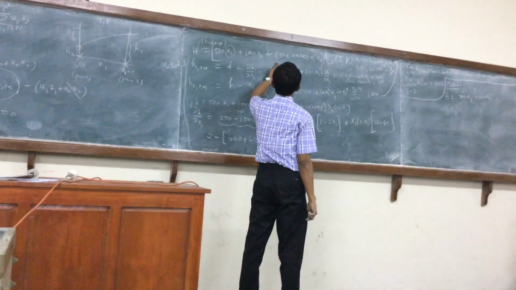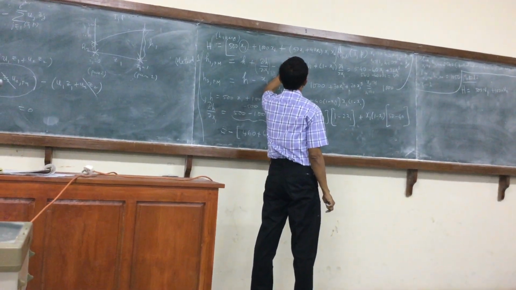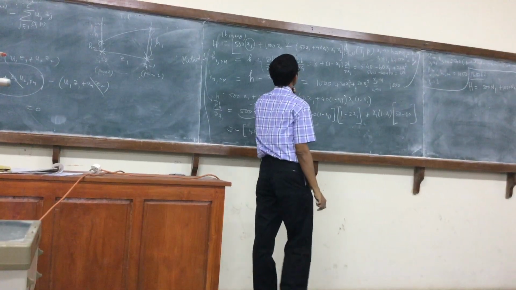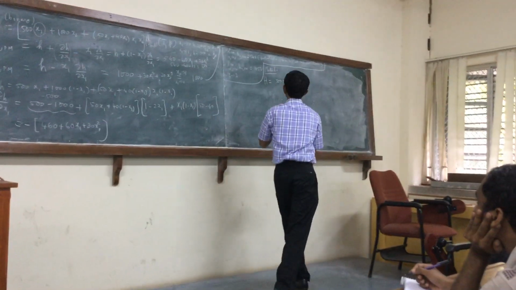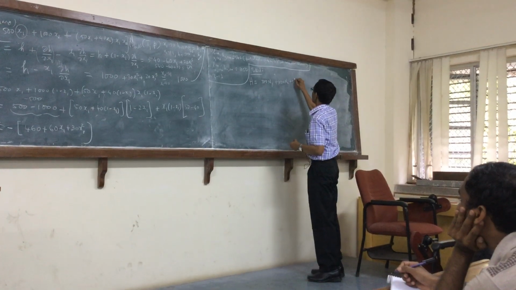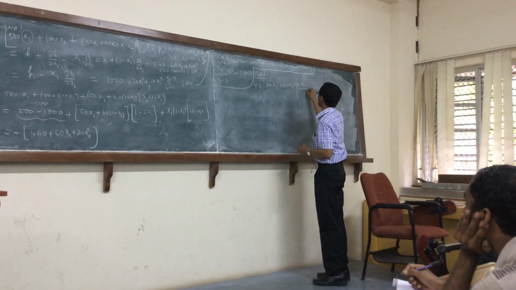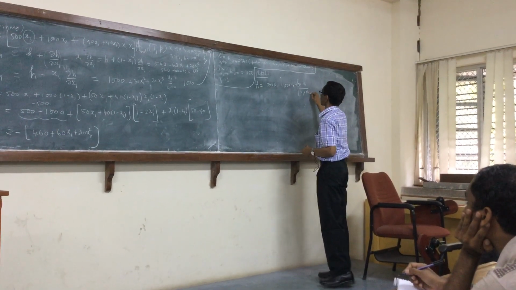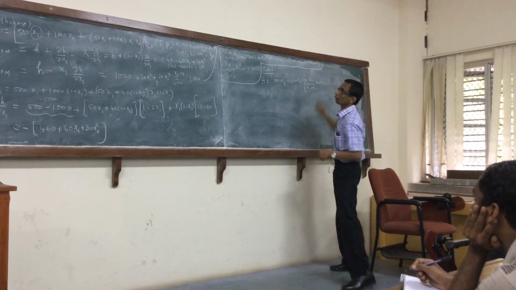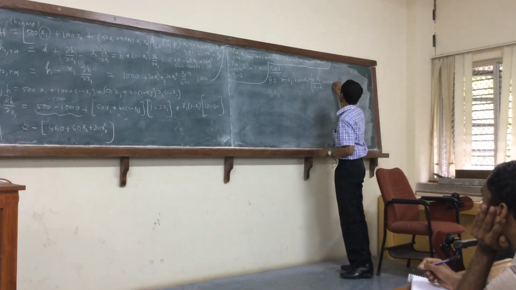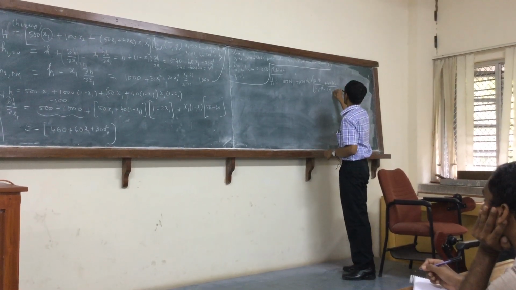And then plus, here you have to be careful. So let me write it down. Best way is to write it as 50 N1 by N1 plus N2, plus 40 N2 by N1 plus N2,